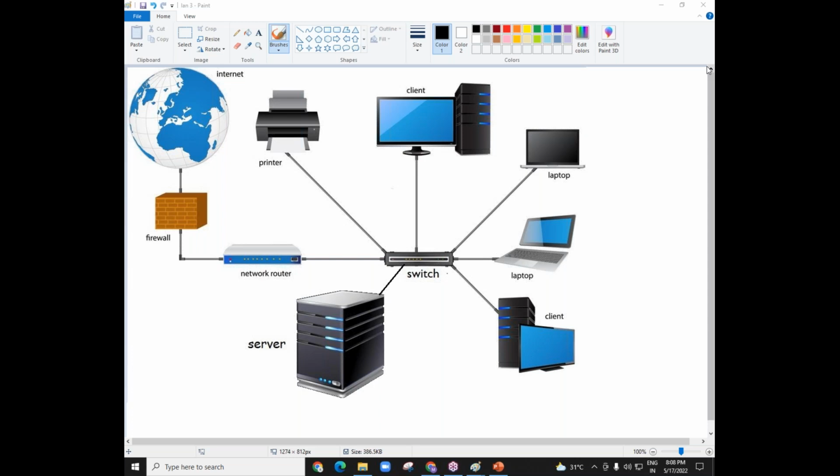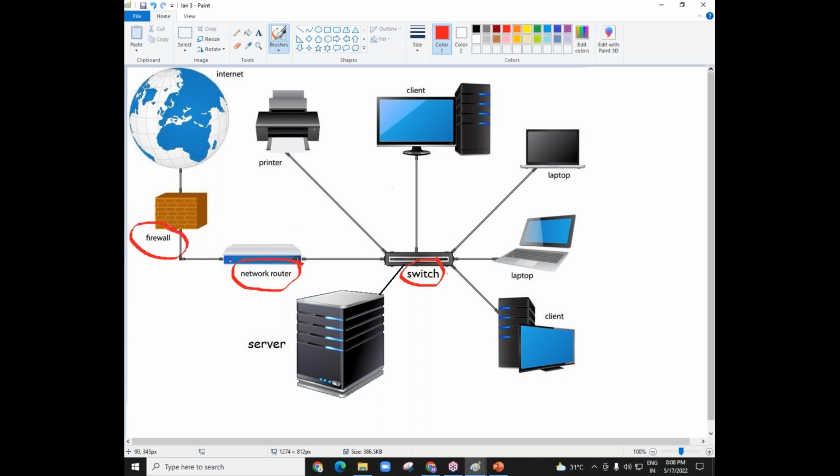Now, what are the major devices you see in this computer network? For example, there is a device here with the name switch. We cannot imagine a computer network without a switch. Fine. There is a device called network router. Here it is saying clearly network router. The network router is different from the router that we have in our home. The router which we have in our home will be something like this, right? That is actually a Wi-Fi router. That is not the router we use in companies. So we have a separate network router.